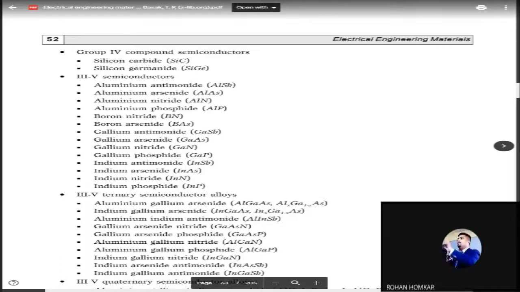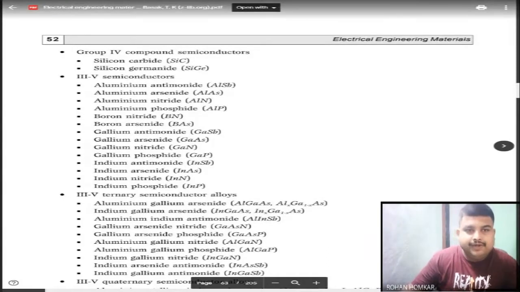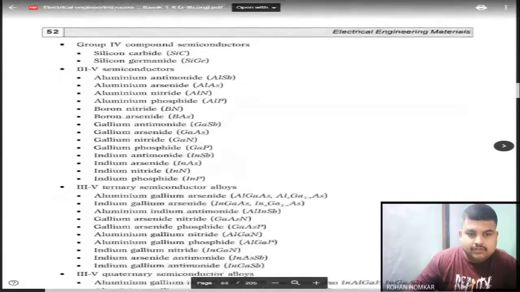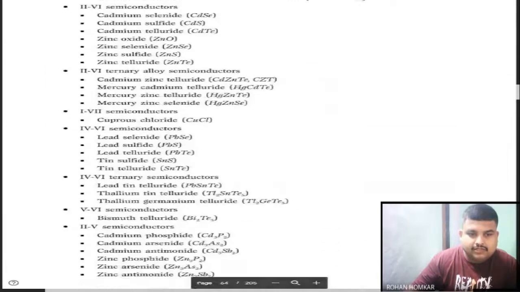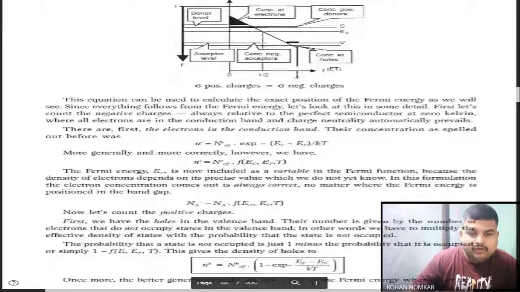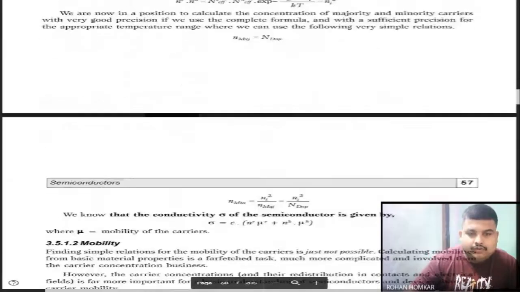Also, I will be sharing this PDF with you in the Google Classroom. So make sure you write down this complete list in your assignment. So this is the introduction, and this is the list of materials. All the types of materials are there. The list is very big, and now we are going to see